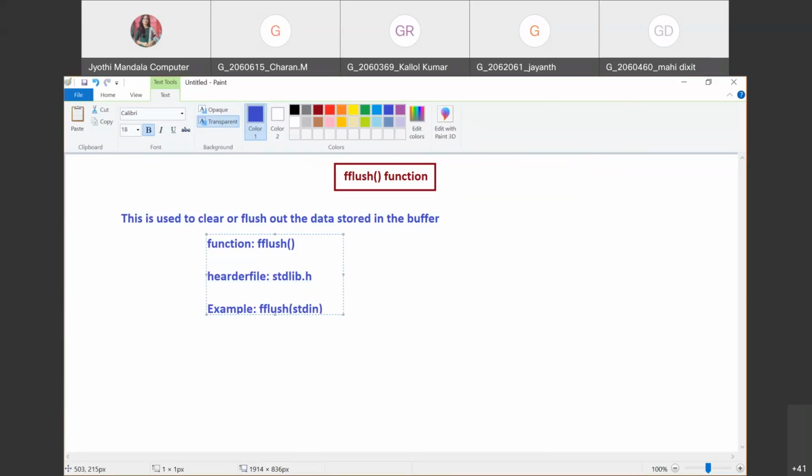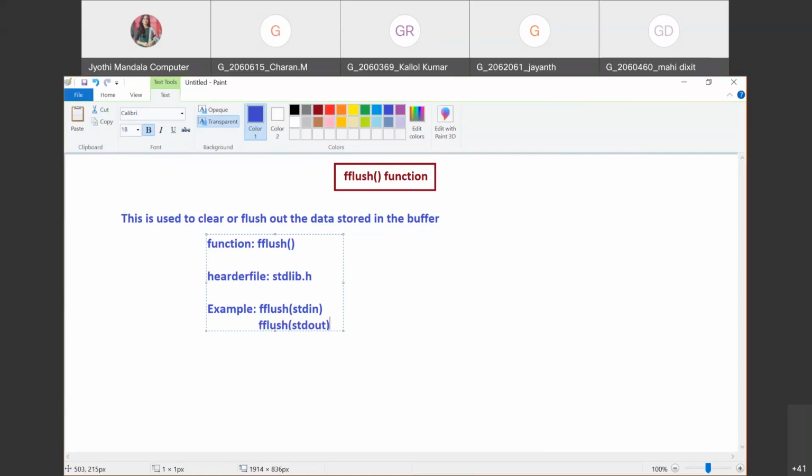So whenever you write fflush(stdin), you are clearing out the data in the input buffer. Sometimes you want to flush out the output data also, because the output data is also stored in some buffer. If you want to do that, you need to use fflush(stdout). So these things can be done. Understood all of you? So using fflush, we can clear out the content that is stored in the buffer.